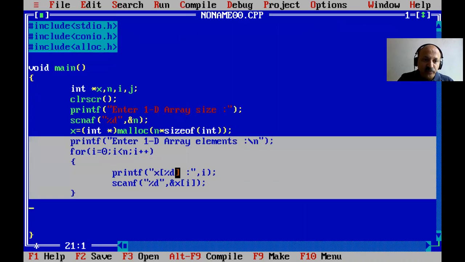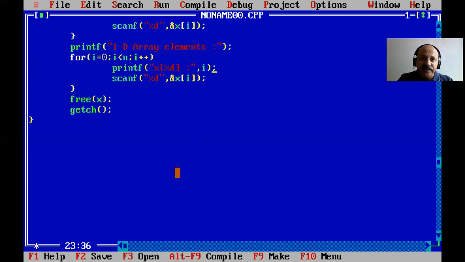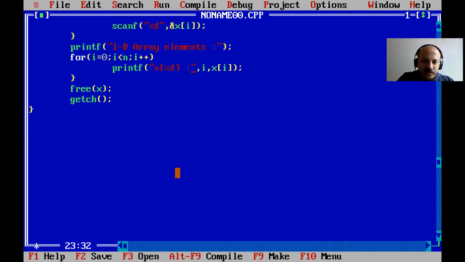Now we can copy this and paste. So input and output we complete first, and after the print we use the free function with x, our pointer variable. So first we scan, and here we print that the 1D array elements are, and that is only one statement, so I remove this brace, and here with index we first print. And now here percentage d, and here we provide the slash n and remove this brace.